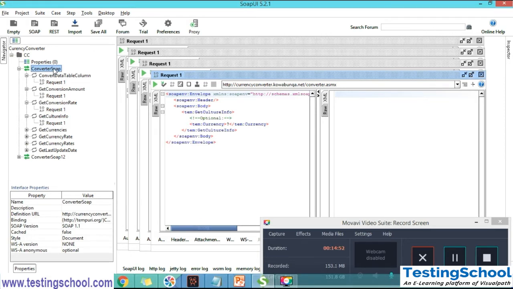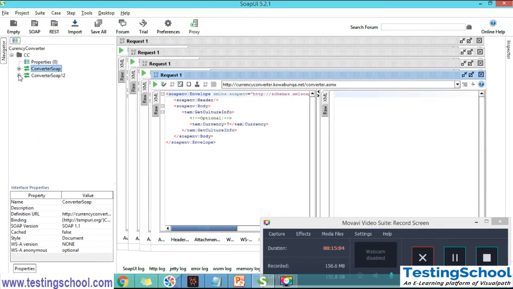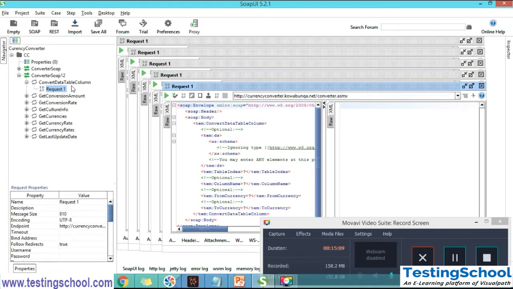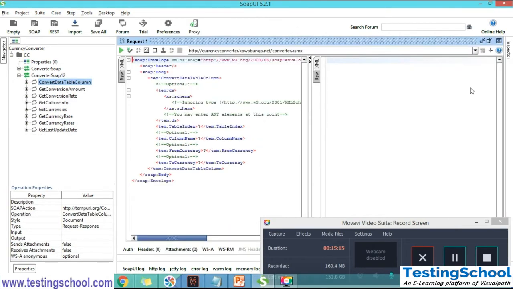This is an operation, and in this operation all these are methods. So these two are operations. We can see the same here, convert date table column. We have to test each and everything based on our requirements. We can maximize here.